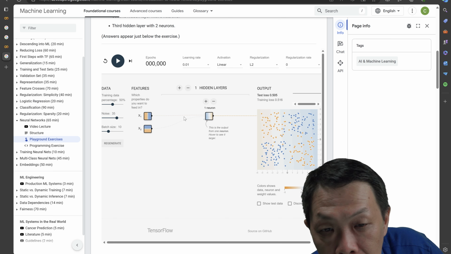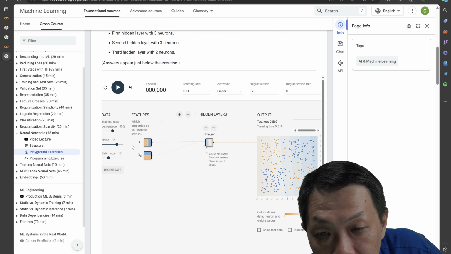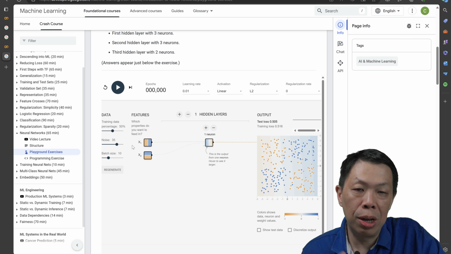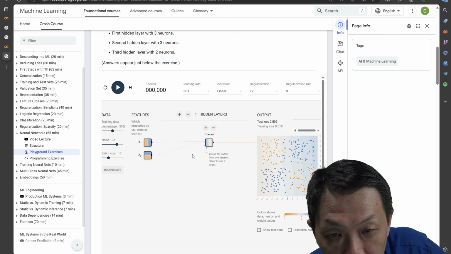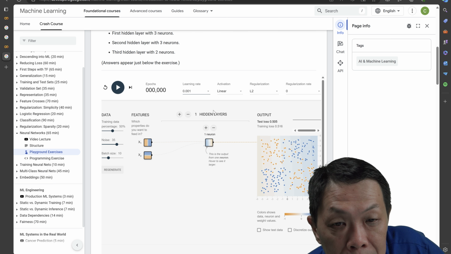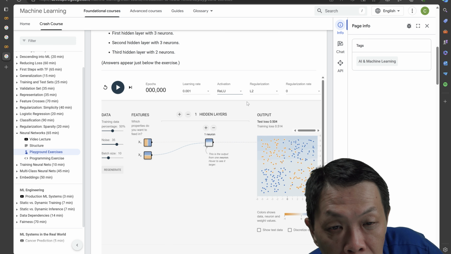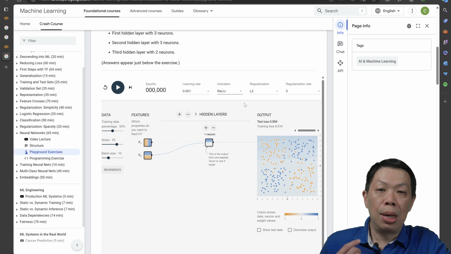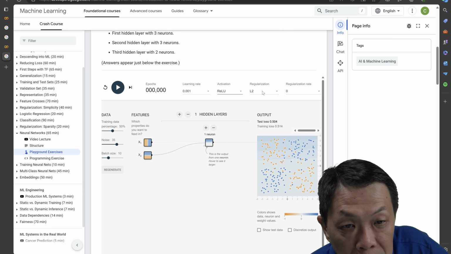Okay, so here you have 2 variables, x1 and x2. Then there are a lot of parameters we learned in the neural network or deep learning. We can start to input, for example, the learning rate. You can have a smaller learning rate. And you can have a different activation function, just like we mentioned about Sigmoid and ReLU. And there are other regularizations to prevent overfitting. You can specify L2 and L1.